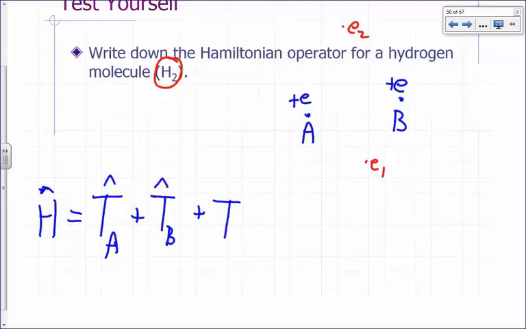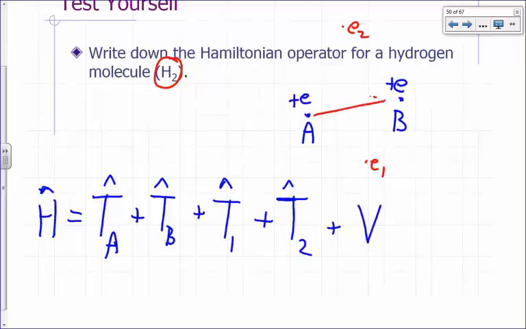Kinetic energy of electron 1, so T hat 1, plus kinetic energy of electron 2, T hat 2, plus the interaction between A and B. So I'm just going to write that right now as V hat AB, plus